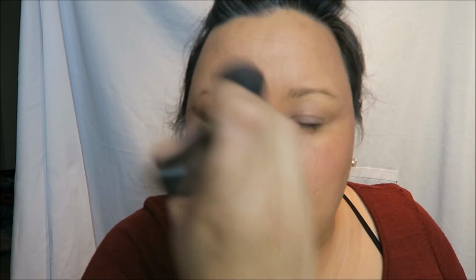I love that this highlighter is just very, very subtle. It's not like liquid gold, like some of the highlighters that are out now. I love them for editorial work, but for everyday it's not really feasible. So I love that this is just very, very subtle. I think for eyes, I am going to do